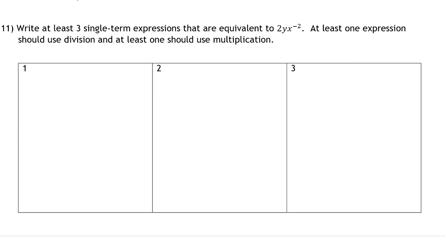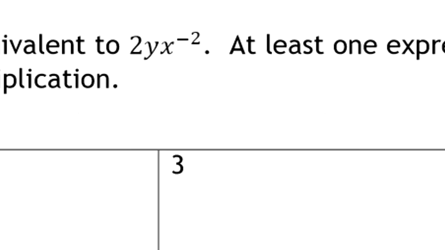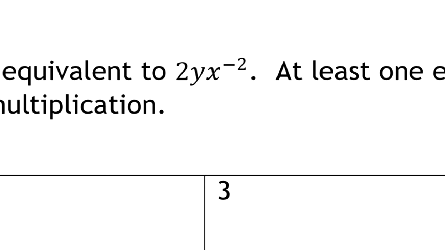And finally, question 11 gave you an opportunity to be creative, to be clever, to do a lot of different things. And I didn't get a lot of different answers. I got a lot of really boring things, like literally multiplying that times 1 or adding 0 to it. It was crazy. So what you're asked to do is come up with several expressions that are equivalent to 2y